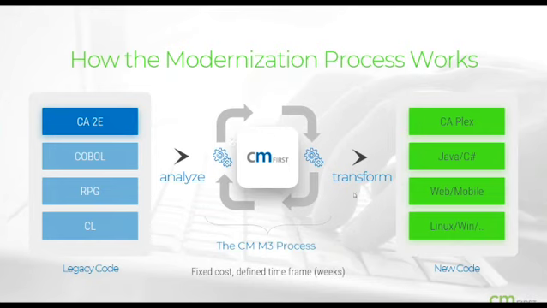And the end result is that you get a CA Plex model that you can now generate for Java, .NET, C#, deploy to the web or mobile devices, and deploy to Linux, Windows. And all this is warranted by CM First to make sure you're happy with the transformation. But you end up with effectively the same application, but now you have a lot more opportunity to expand and modernize.